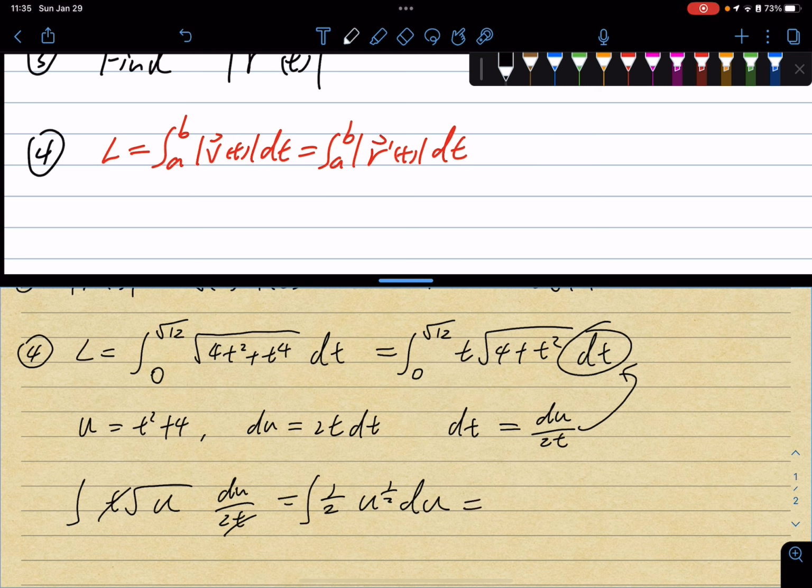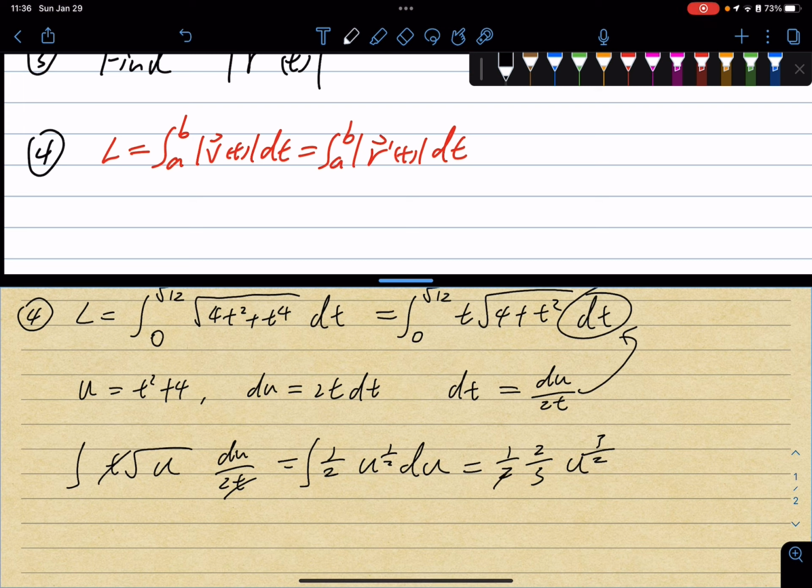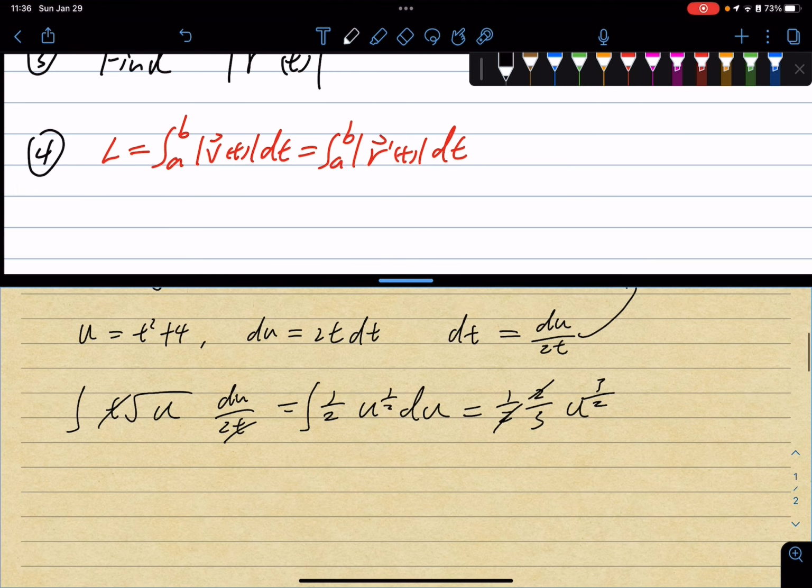This will give us 1/2 times 2/3 u to the 3/2, and then we can cancel the 2 out. What we are going to end up with is 1/3, and I'm substituting this u back in, t squared plus 4 to the 3/2,